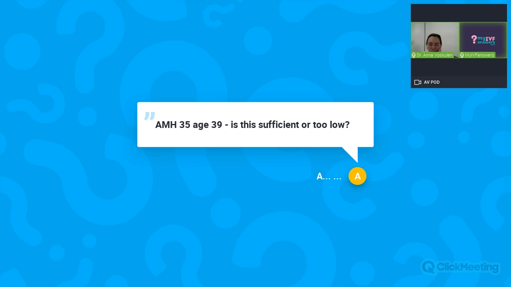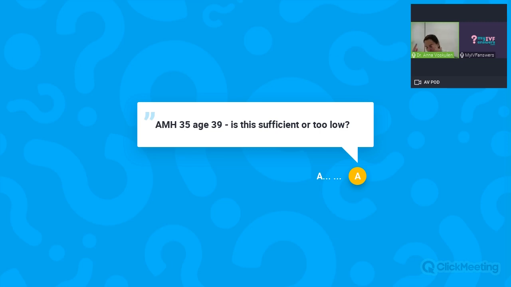I think it would be a good amount. I'm trying to count it. I think it's a good amount with 39. But still, I would look at it carefully with my calculator and check if it's correct. I mean, just so you know, what's a high AMH and what's a low AMH when talking about nanograms.